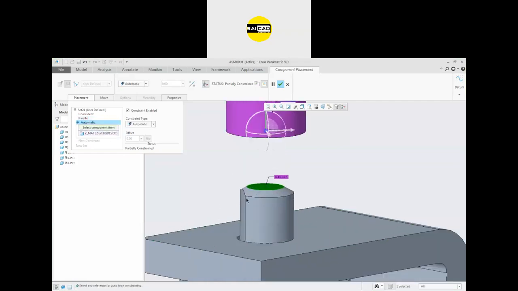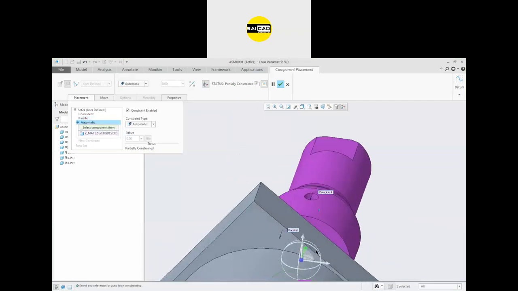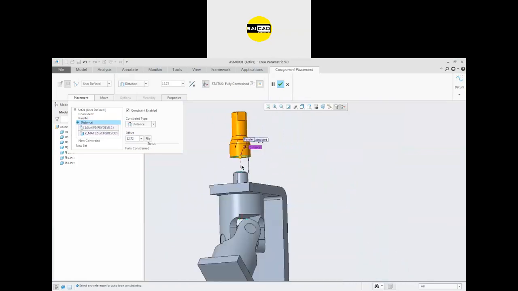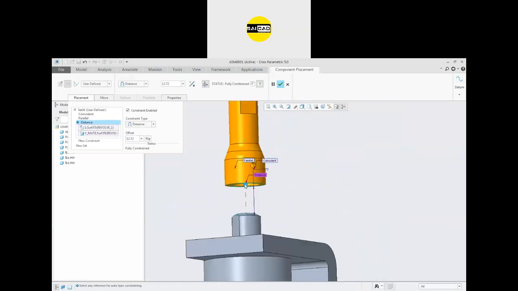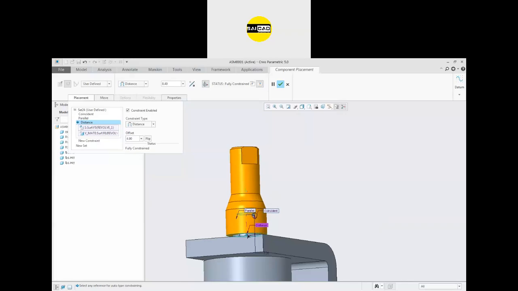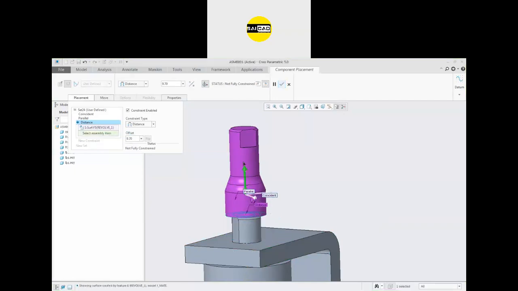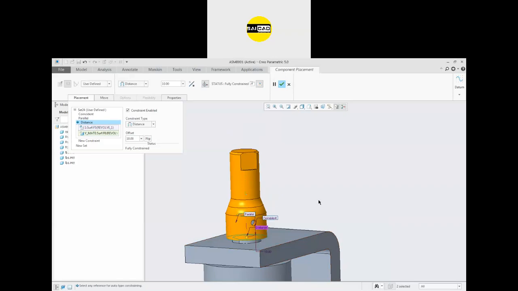Select the face, like I want this face to be in relation to this one. So you can see this is now fully constrained, although we have some distance here. We can just move the object like that or define the value like that. Okay, so select the object according to your need. I want it to be at a distance in this direction, and this will be around 10.